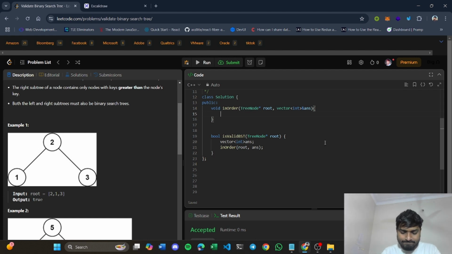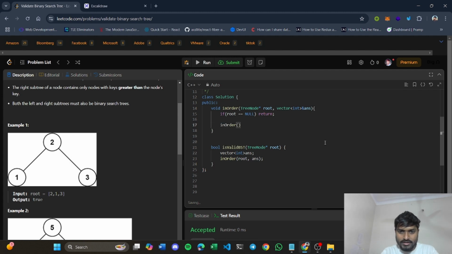So first of all, the condition will be what we had seen for in order traversal: if root is null, you don't have to do anything, you basically have to return, right? Now you will make a recursive call in order for root left.